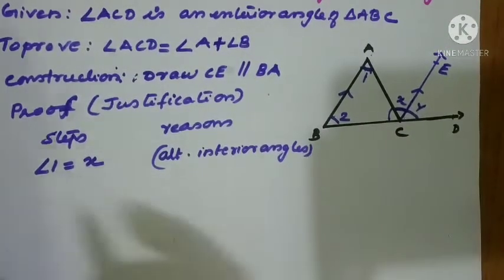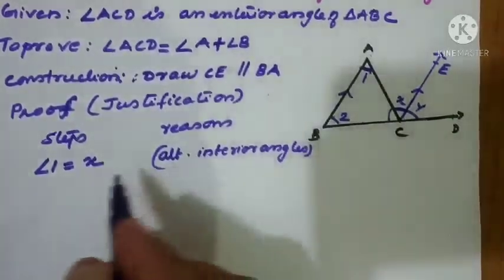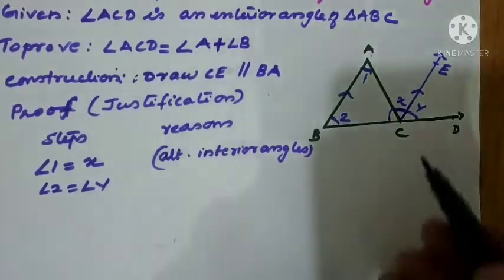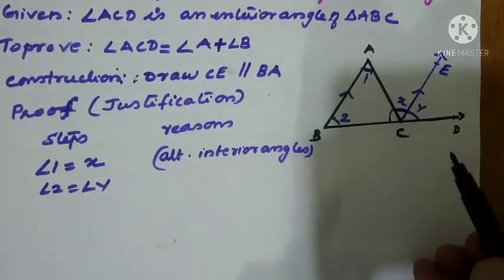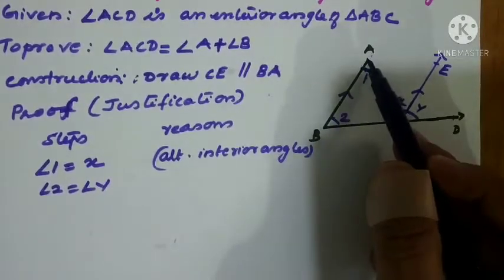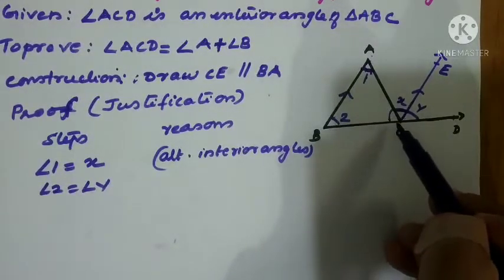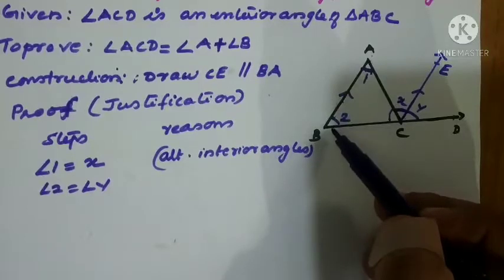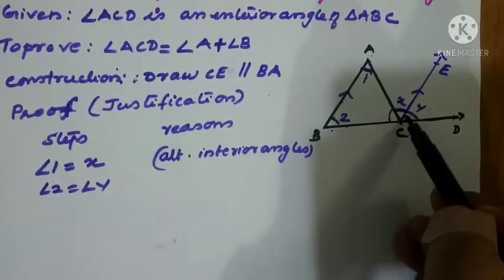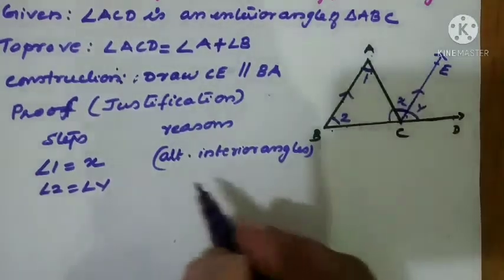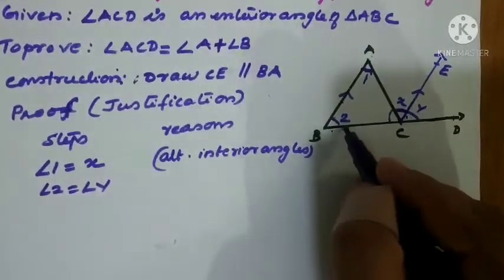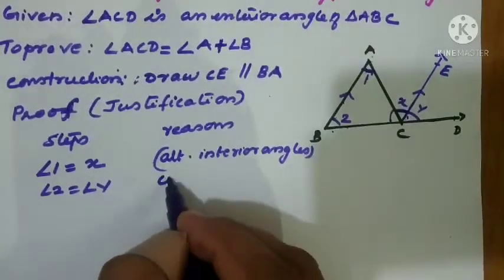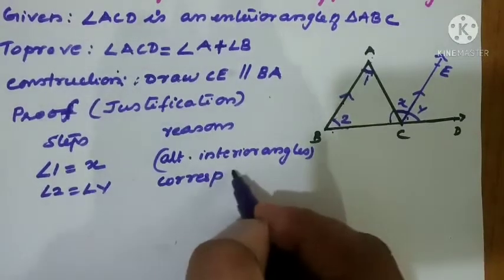What is the next step? Angle 1 equal to X is over. Now 2 and Y are there. So I am writing that angle 2 equal to angle Y. Let us find out what that is. See, angle 2 is here, angle Y is here, and parallel lines are here. When the parallel line is considered, angle 2 is below the line, and similarly angle Y is also below the line on the same side. So which is the letter? See, when this is a transversal, it is almost similar to F, right? So we can write that they are corresponding angles.